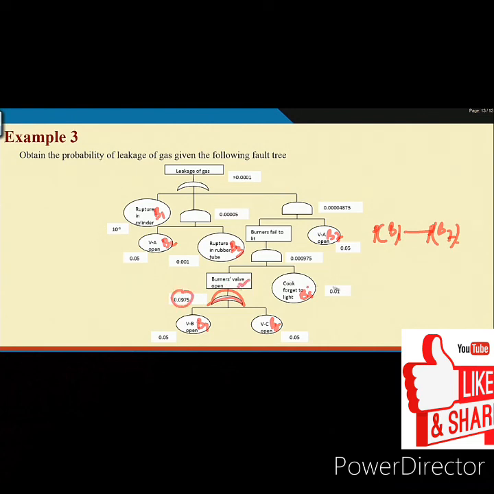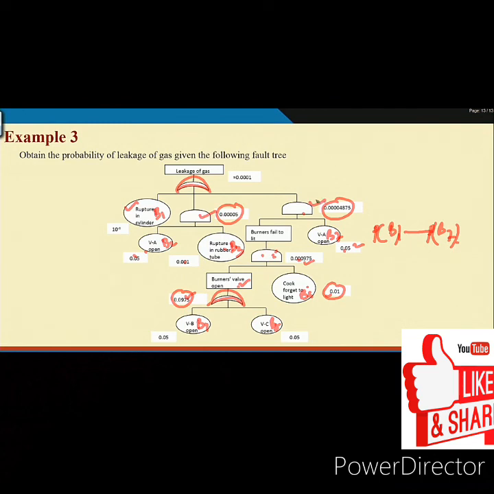Now, this probability and this probability are known, but it is an AND gate. So, this into this, that means 0.00910 and 20, so 0.000975 will be the probability of this. This probability is known, this probability is computed. Now, this is an AND gate, so this into this will give you this probability. This side again is an AND gate, this into this probability. So, now what happened? You have an OR gate and you have one probability here, another probability, another probability.